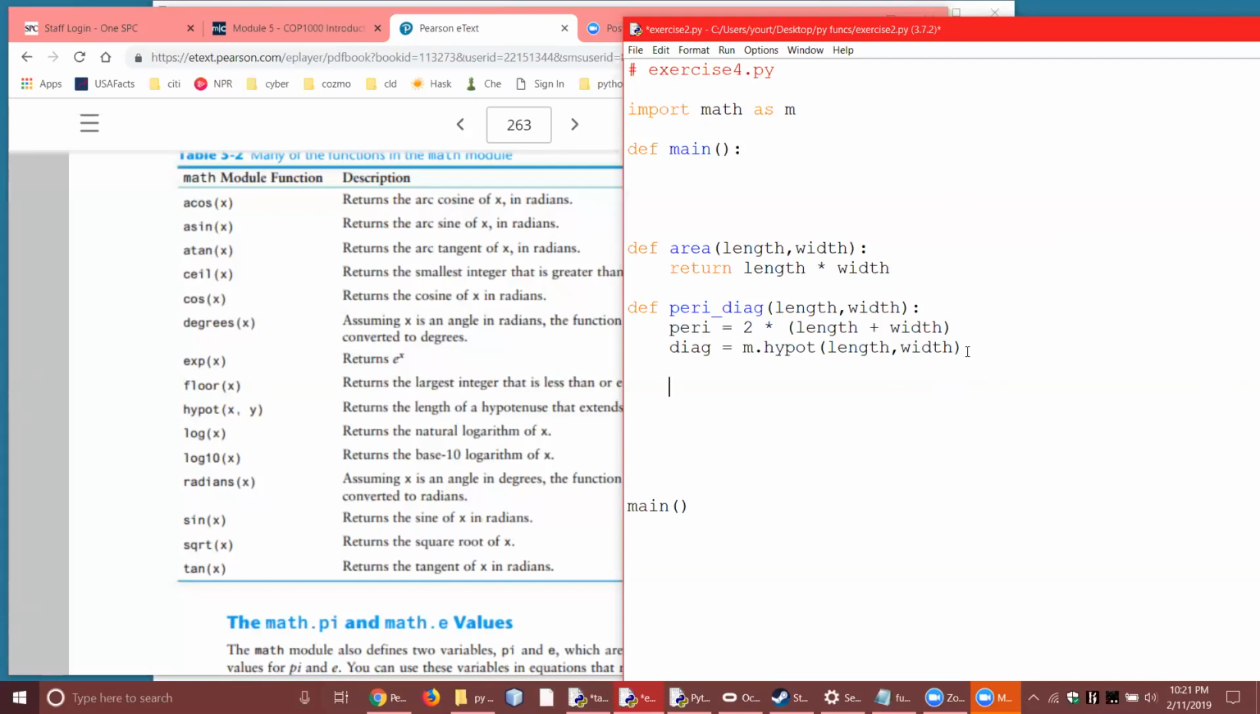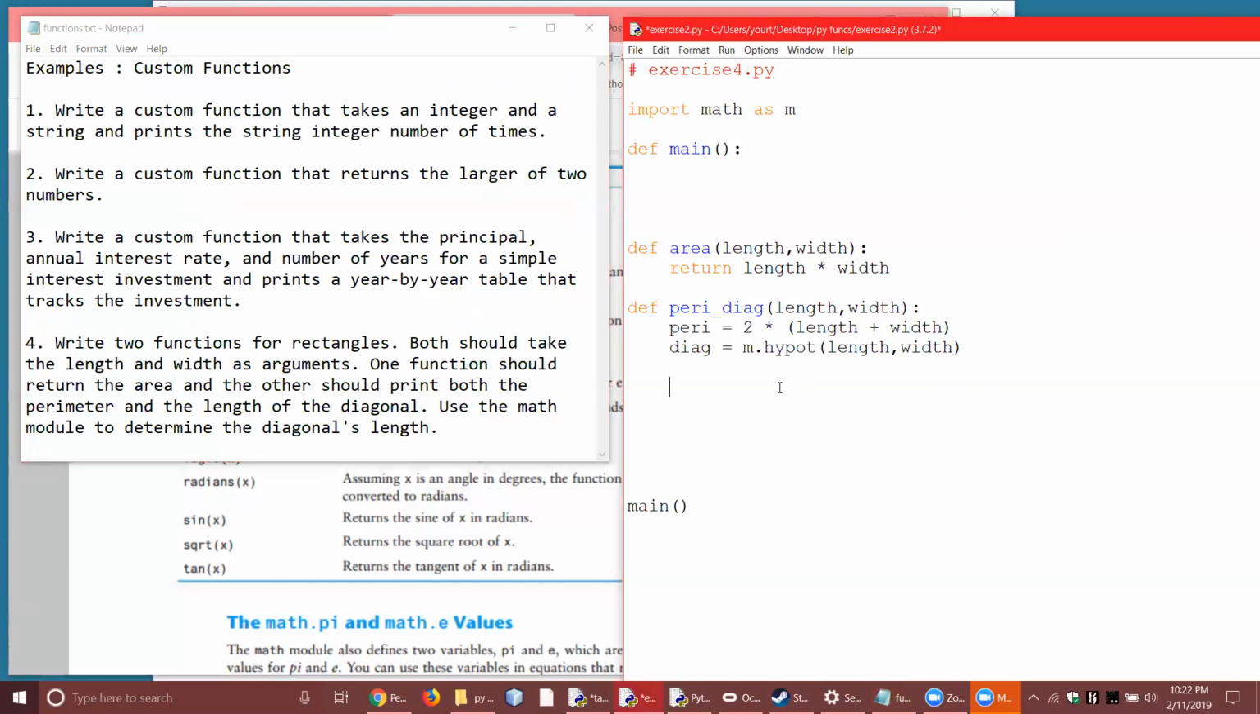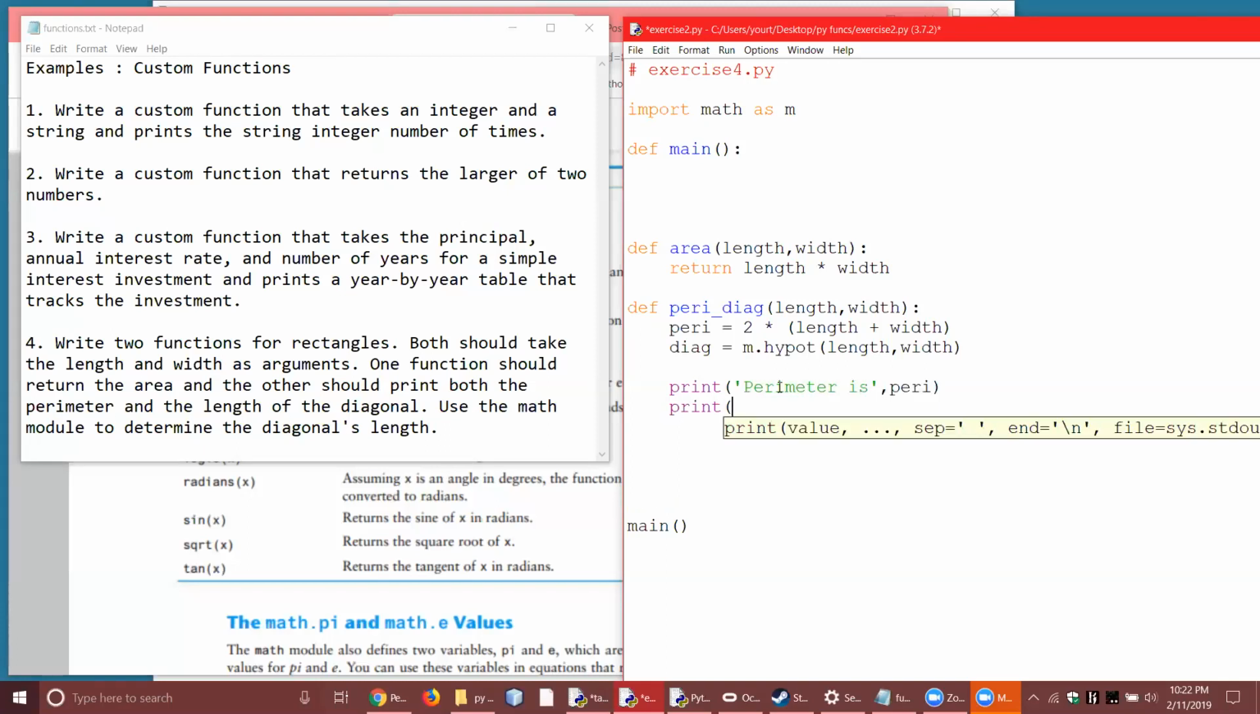Now, what I have to do is print out both of these. According to the instructions in the problem here, we want to print the perimeter and the length of that diagonal. So I just need two print statements here. So we could say perimeter is peri, and then we could also print out what the diagonal is. Diagonal